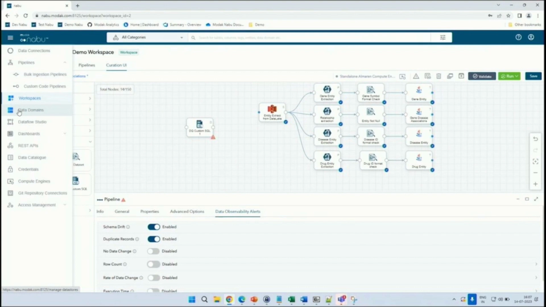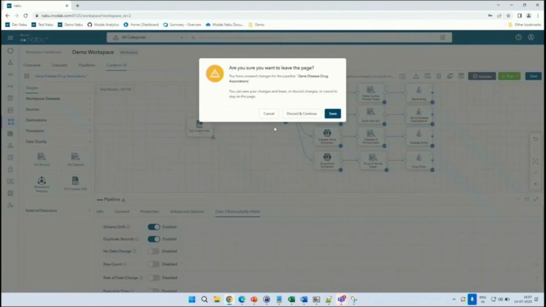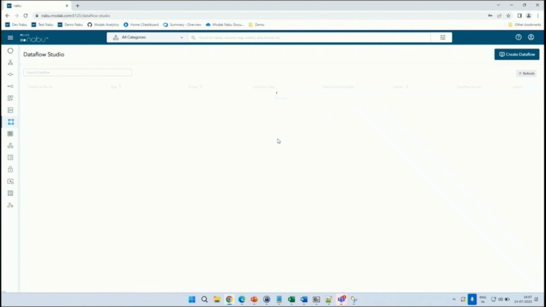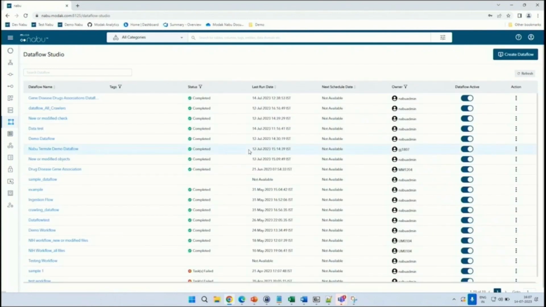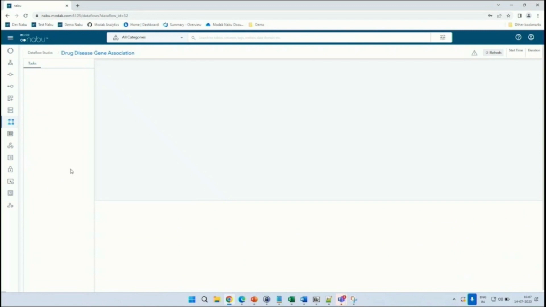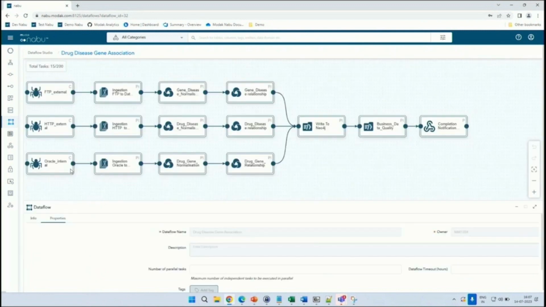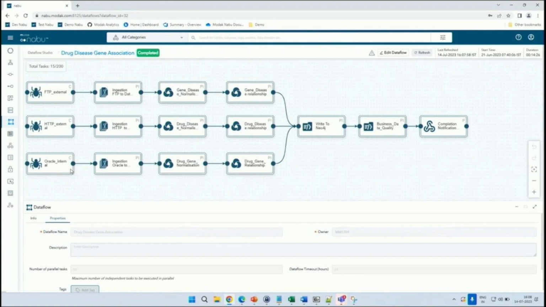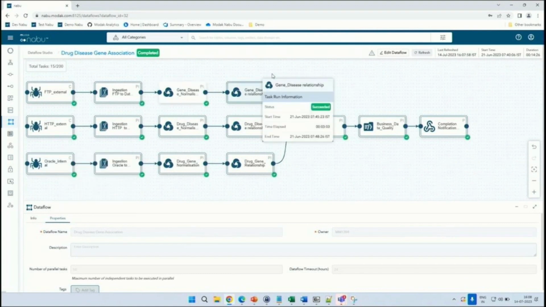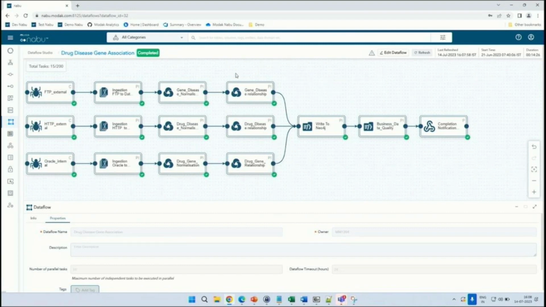With the data getting curated, it is now available for a variety of different scenarios. And typically in an enterprise, what we see is that the final outcome that can be consumed comprises multiple different steps that need to be executed in synchronization for a final output to be created. And to be able to create that kind of a flow from source all the way to the destination where the final product is available, Nabu has a feature called the Data Flow Studio, which allows these flows to be created using a no-code approach.